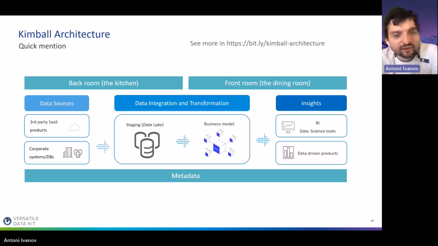Have certain guarantees about what's being output. And this is where the front room is. There, things like quality and presentation, easy access are very important. This is what basically Kimball architecture proposes, that when building, you make sure that